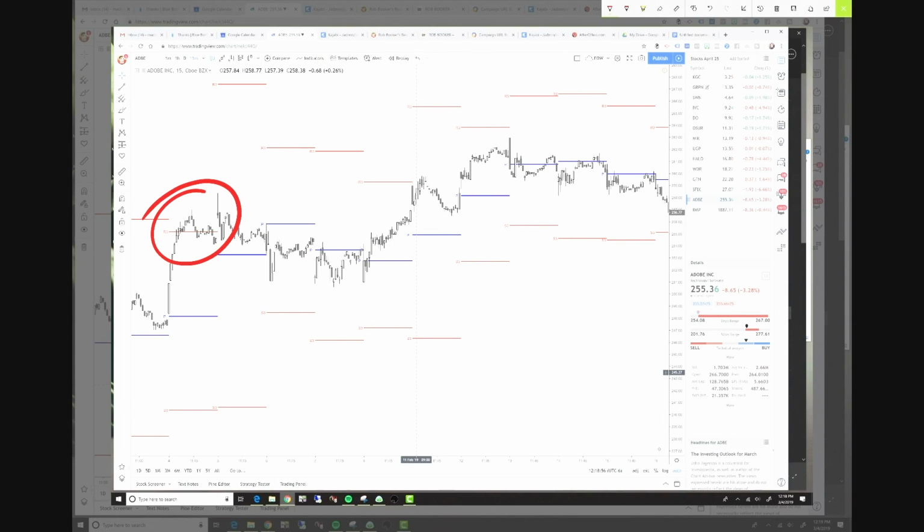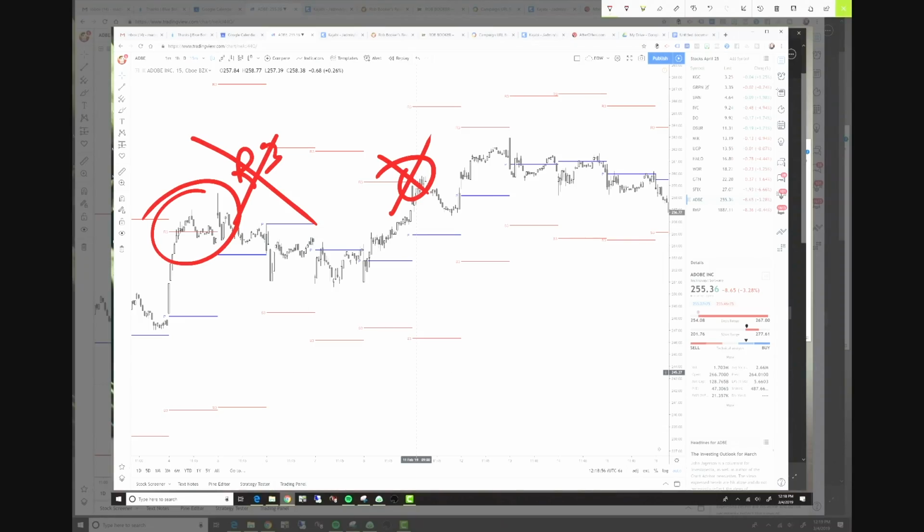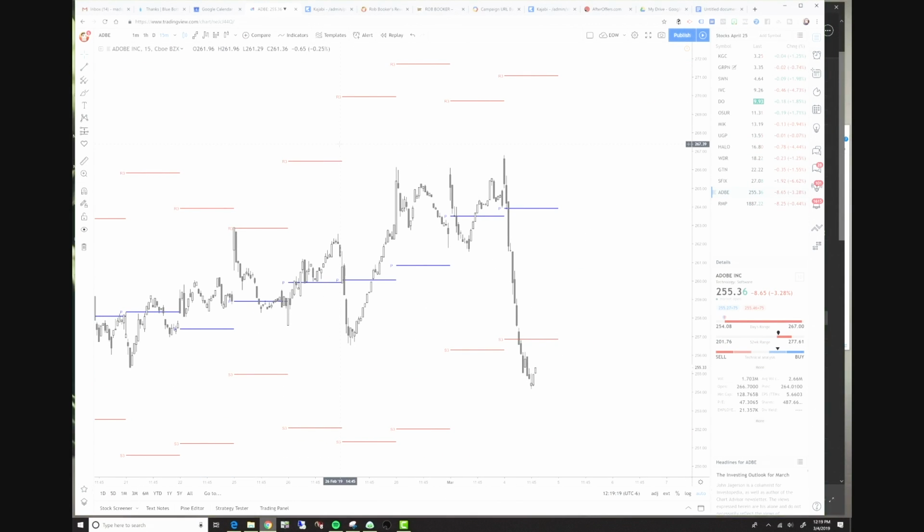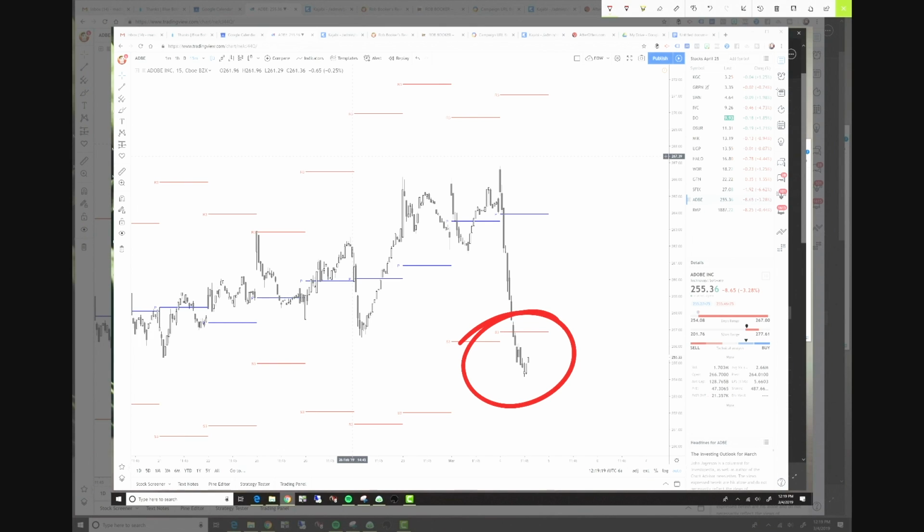As you know, I love it. My heart is really in this. I love it when a financial instrument hits R3 or S3. But in the case of a financial instrument that I really like, that I'm bullish on, I don't like these R3 hits. I don't like to trade those. So if it hits R3, I just kind of ignore it. And instead, on an instrument like Adobe, when it hits S3, I really like the way that looks for a